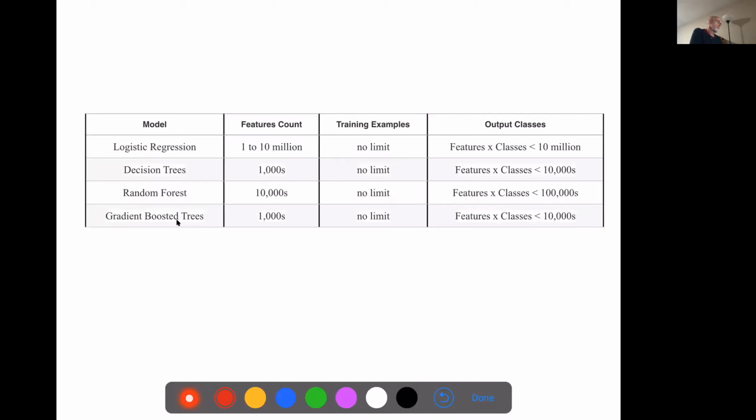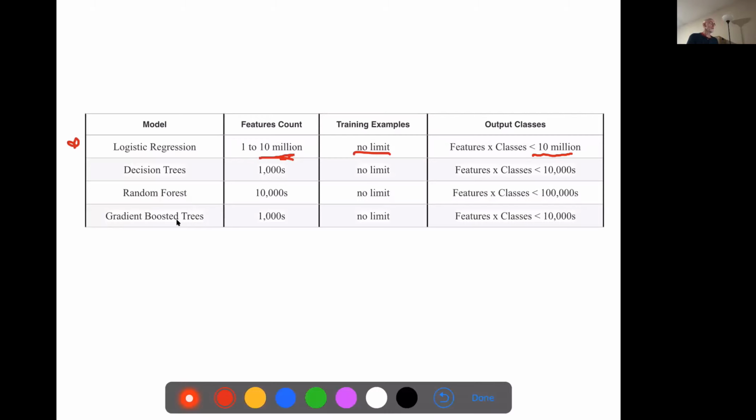So there's a bunch of models we can choose. We looked at logistic regression. There are limits to what we can do. We can have up to 10 million features, which seems outrageous, and we can basically have as much training data as we want, and classes less than 10 million.